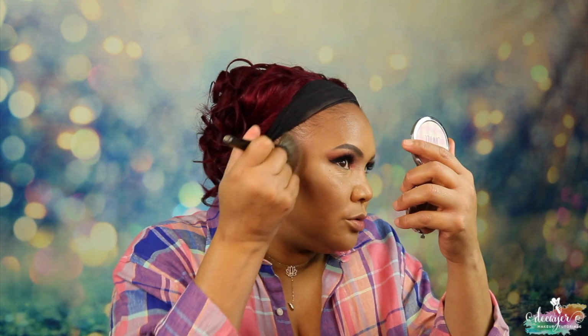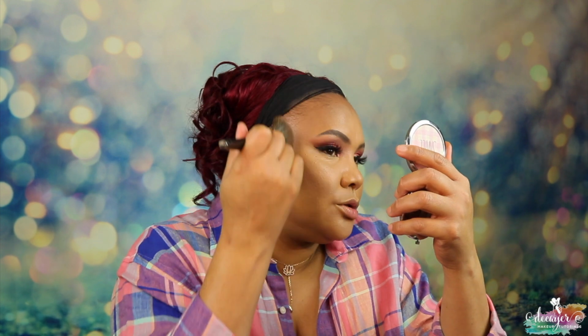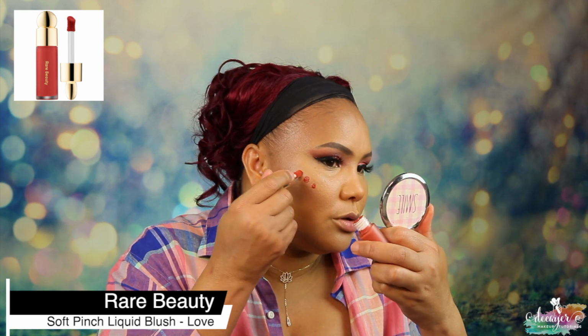So good. So good. Back to this brush, which is what I use, and then just tapping this so it looks nice and blended. Look at this. Okay, now what are we gonna do for blush? Let's use Love from Rare Beauty. One, two, three, four. 1, 2, 3. That might be too much, but you know,